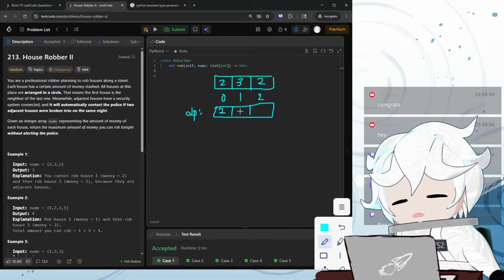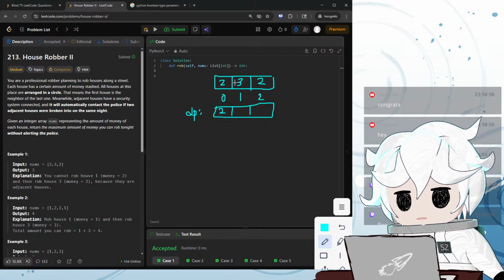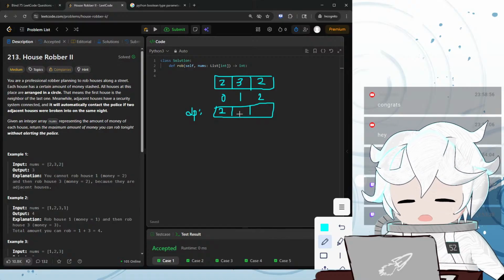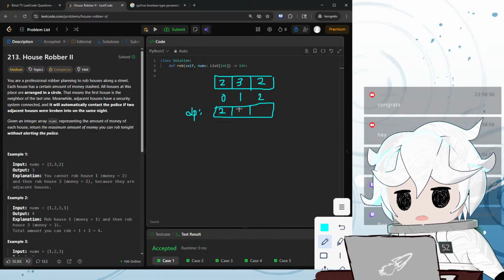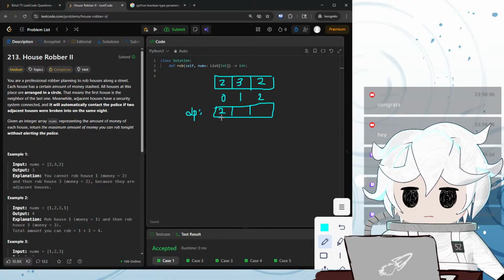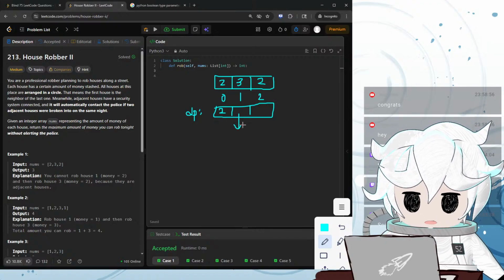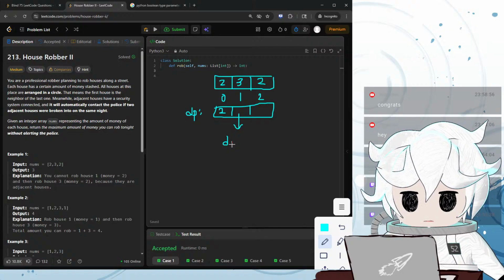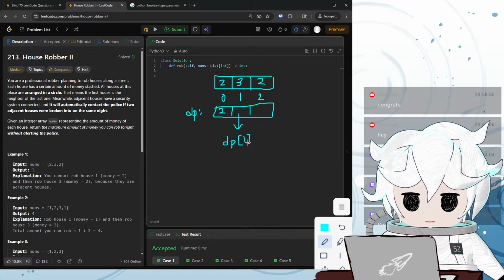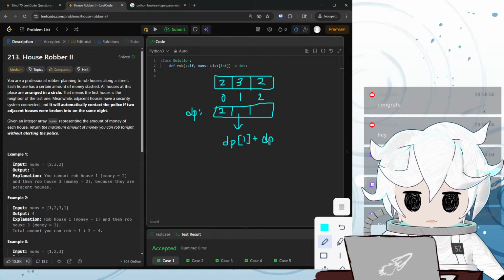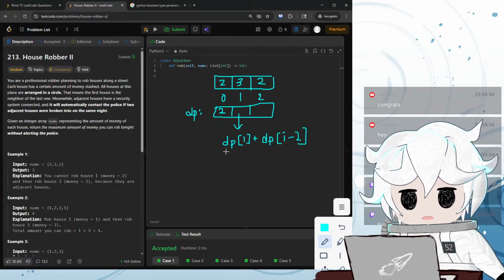What about index 1 here? What's the best heist you can do ending at house 1? Either you rob house 3 and then the house 2 before, or you don't rob house 3 and just stop at the house before, because if you rob this house, you can't rob the adjacent house. So it would be DP of the current index, plus DP of the current i minus 2, but in this case it's out of bounds, so it doesn't matter. And then DP